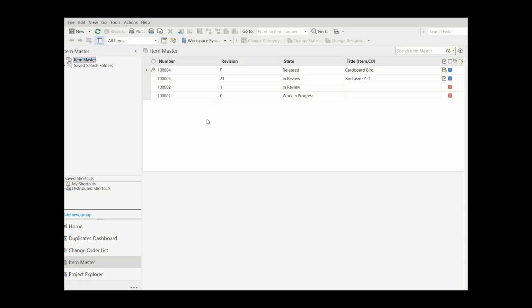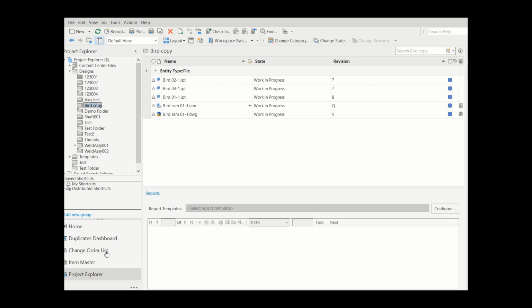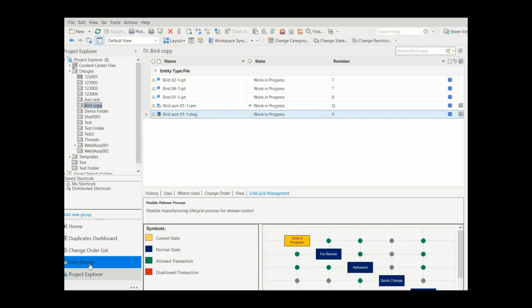The next feature to go over, which we've added to this release, is the ability for when item lifecycles change, they can also change the lifecycle of the files attached to them. So here we have an item that's set to review, and if we go over to the Project Manager, we can see these are the two items attached to it, and they're in work in progress right now. And in the item,